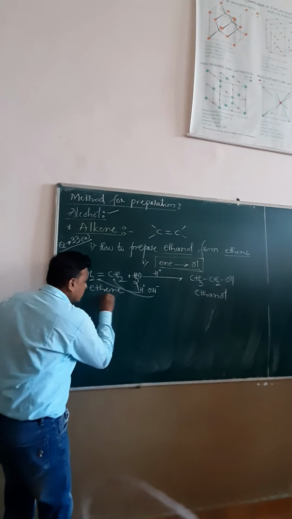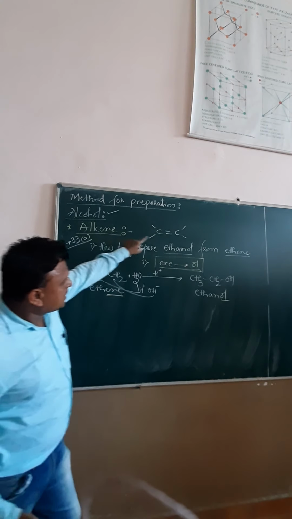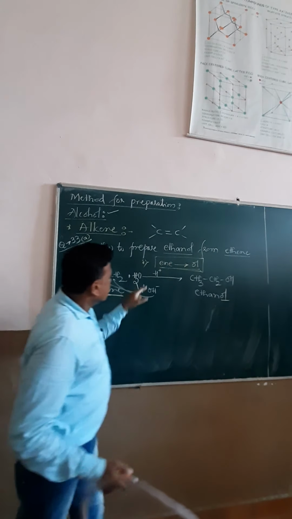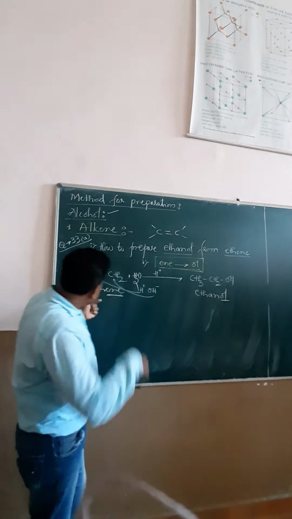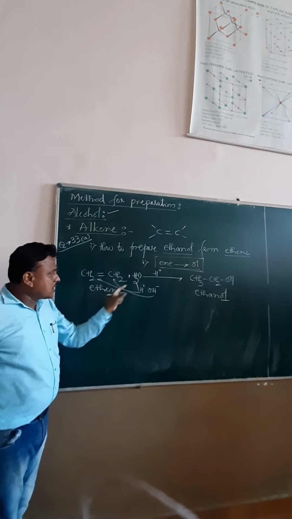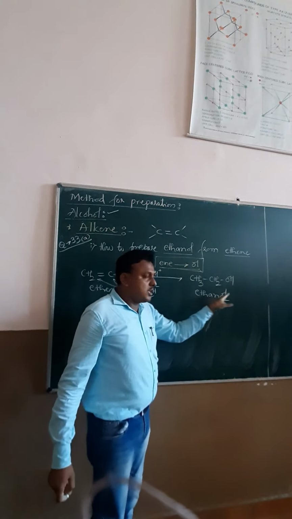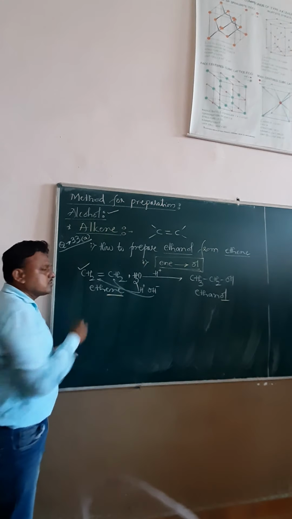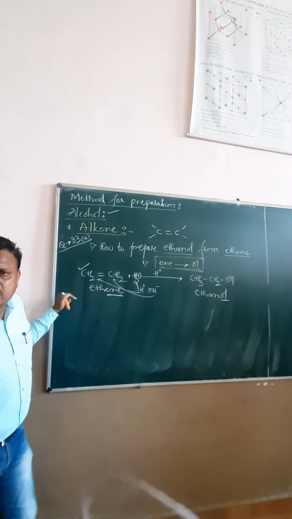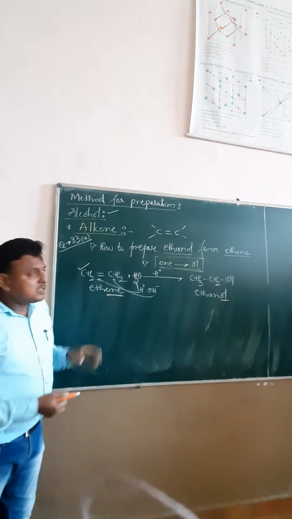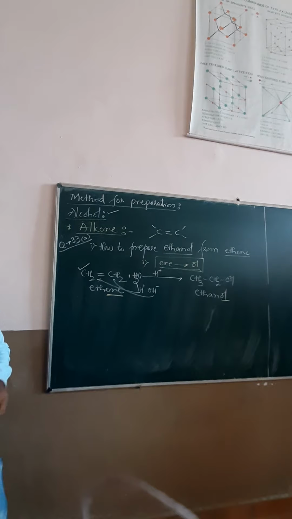Our target is finished: ene is converted into ol. How to prepare ethanol from ethene, or convert ethene to ethanol. As an example for our syllabus, ethene undergoes acid hydrolysis, or catalyzed hydrolysis, to form ethanol. It's a very important reaction of our syllabus. This question will have a mechanism also, how to convert ethene to ethanol. This mechanism is also mentioned in our syllabus.